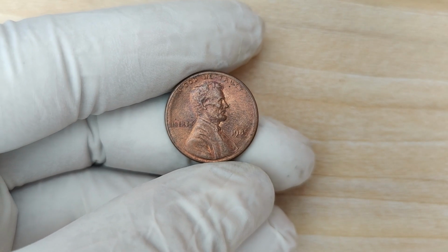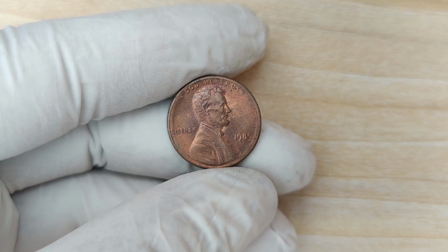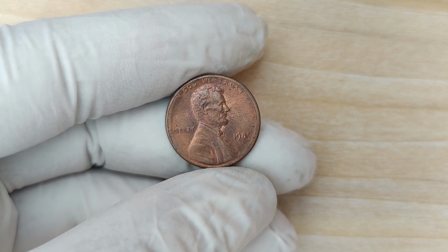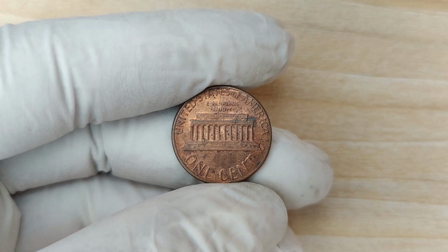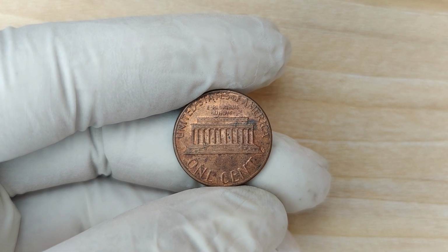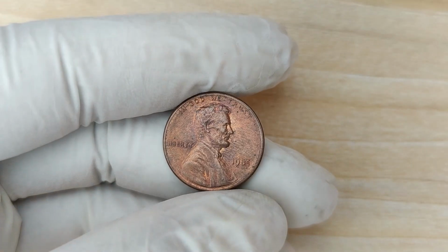Now, let's talk about the importance of condition, or what's called the grade in coin collecting. Even without errors, a coin's condition can significantly impact its value. The grading system ranges from poor to mint state, MS 70. For the 1985 penny, coins in near perfect condition,